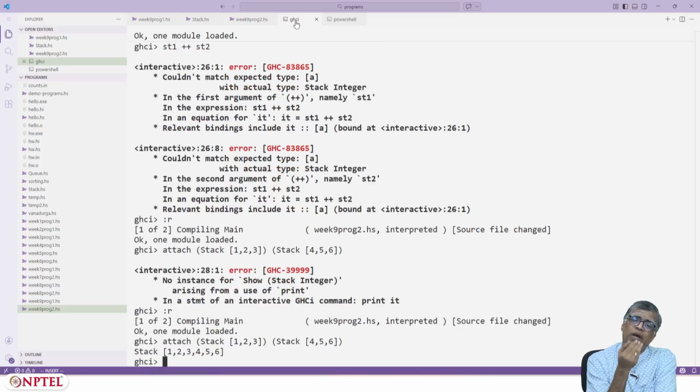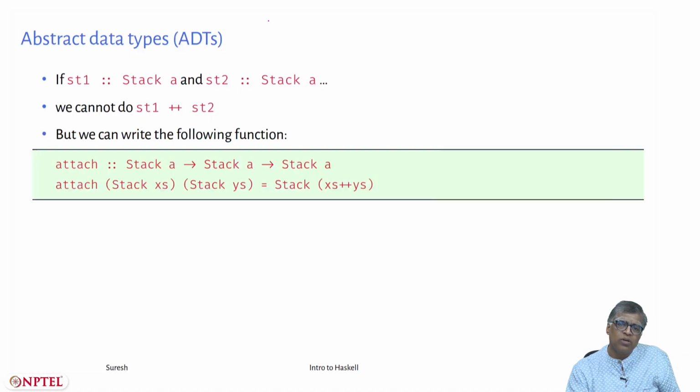Now you might want this behavior, but this really doesn't feel like a stack because stack should only allow push and pop. How do you actually prevent a programmer from even reaching into the stack? Because even though I put it as a data type and gave a type constructor and value constructor or whatever, you can still unwrap the wrapper, do whatever operation you want and put the wrapper back on. So it doesn't seem like we have provided enough protection. So let us get back to the slides and tell you how to do this.